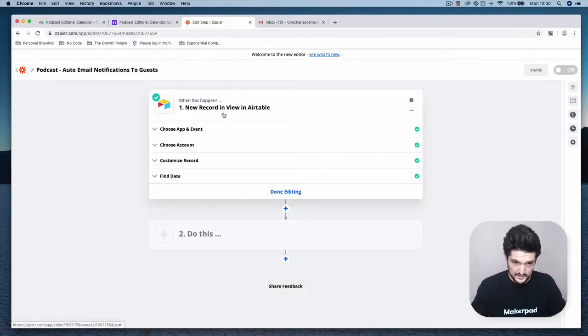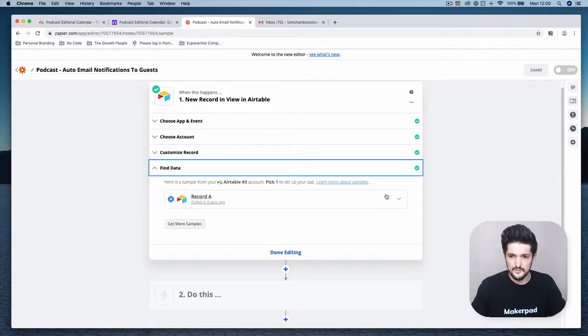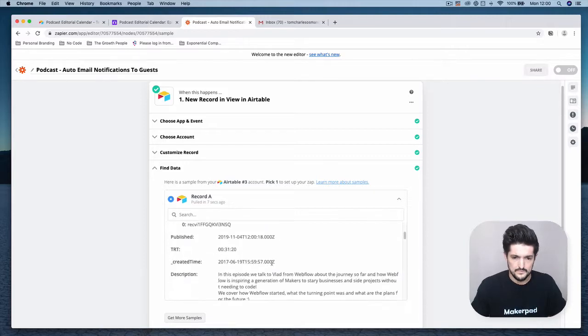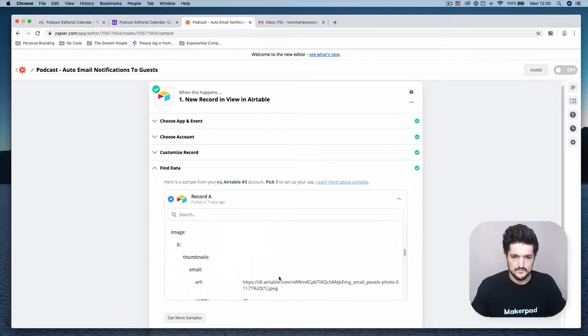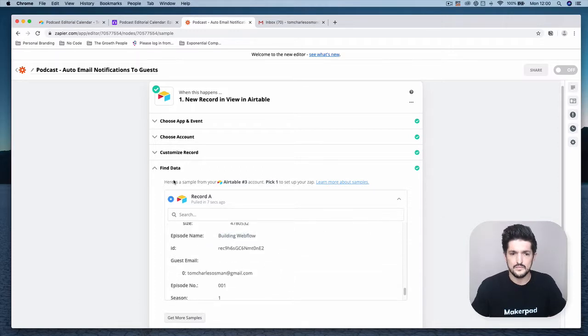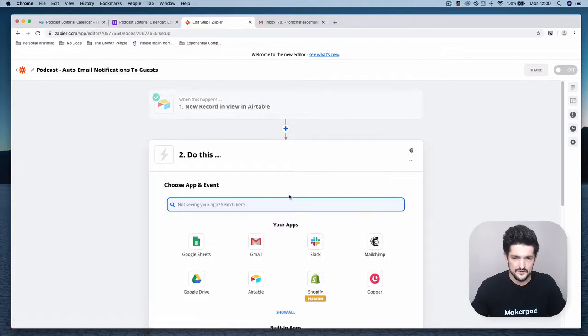Okay, if you want to check, once this goes green, it means it's worked, but we can check the data that we've got and make sure that's all correct. Okay, perfect. Once you've got that, press done editing, and let's now connect our next stage of the Zap, or the action,